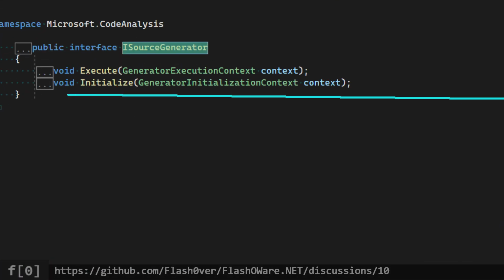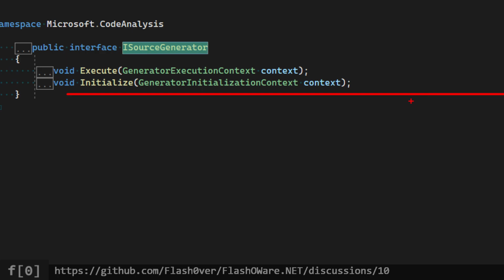The initialize method is initializing the source generator, where we can register a syntax receiver, but also register a post-initialization step, which basically generates source code unconditionally, because we have no compilation, no parse options, no user input available. But we could, for example, generate an attribute that then is available for later generation phases, which is the execute, because